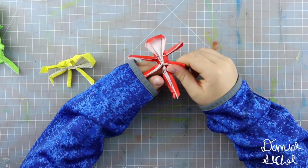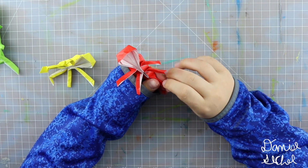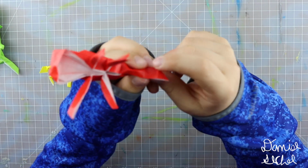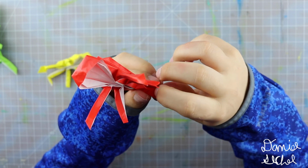Now you're finished with the basic one. What I usually do is just make the feet a little more detailed. So what I'll do is push in at the second unit. So this is 1 unit, and this is 2 units. So push in right there,